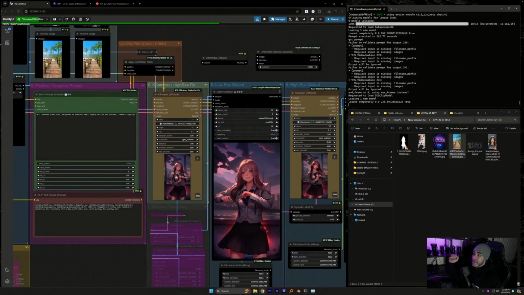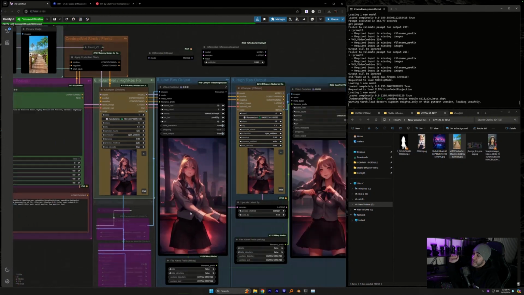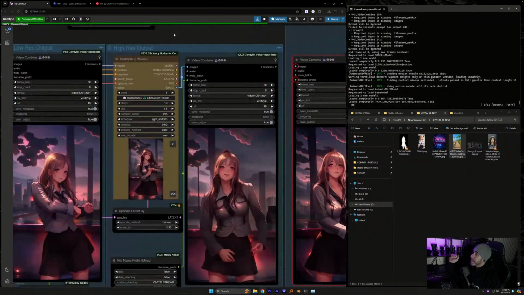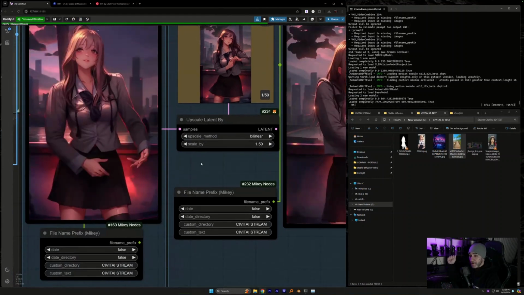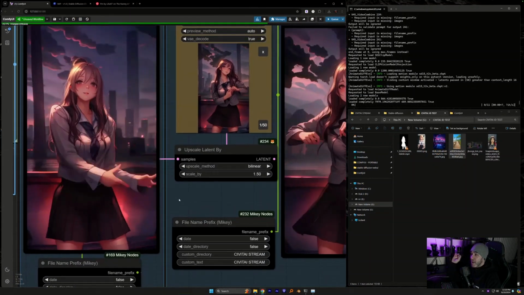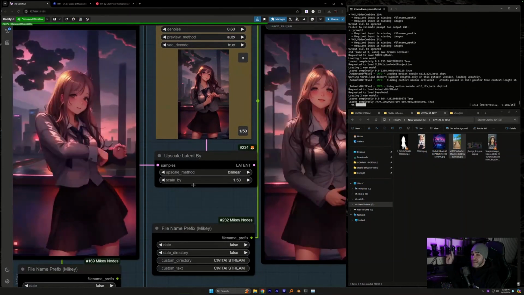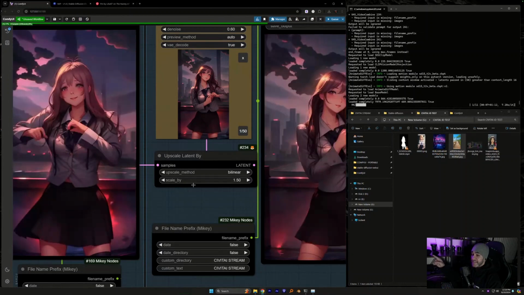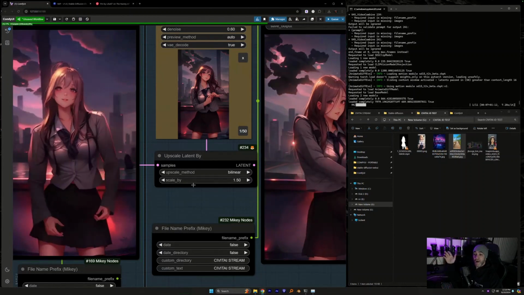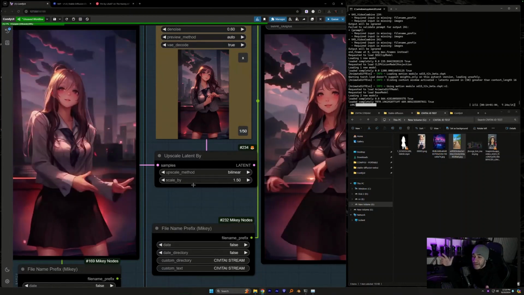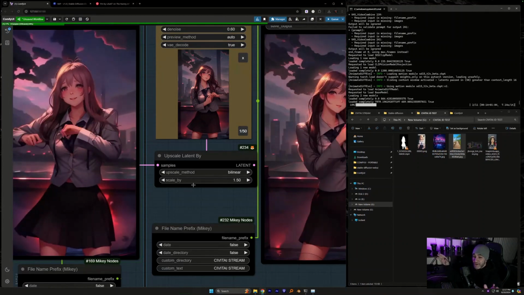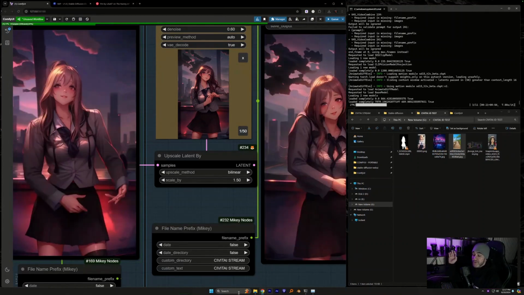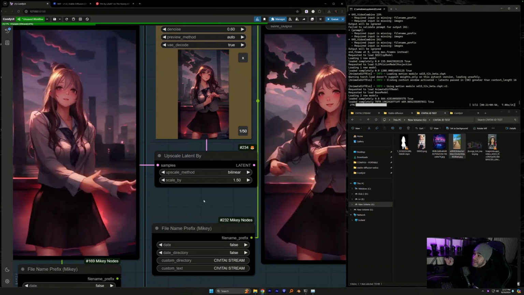Sorry, let me mute all these Discord things. And then this is part of the new. Before, we had a high res fix script node in here. That node has gotten really funky with some Comfy updates. So it hasn't quite done what it did before, but it's okay because we're simplifying and making it even better.